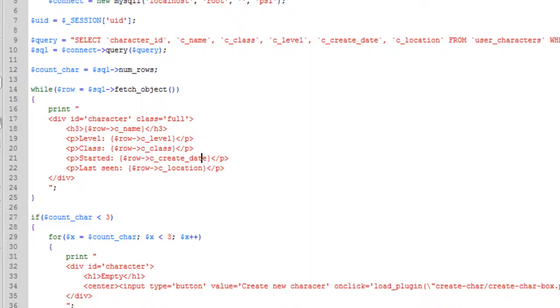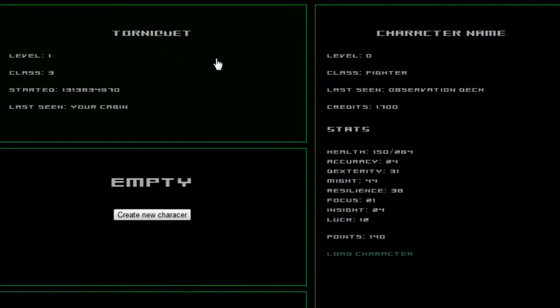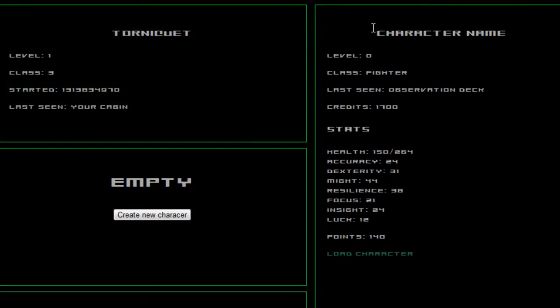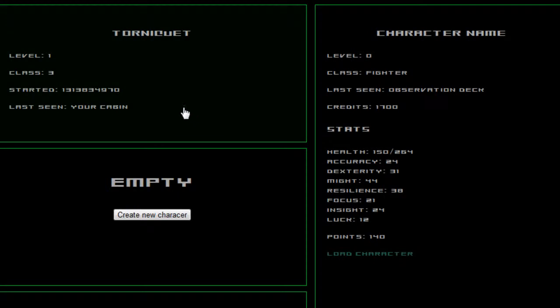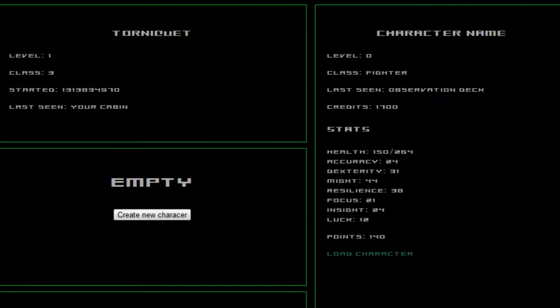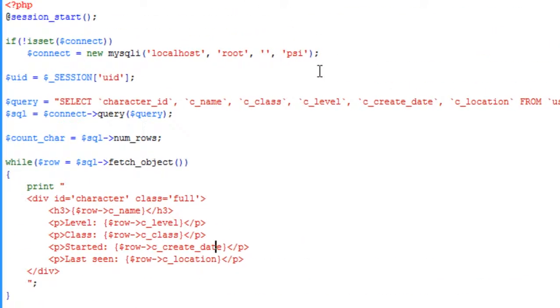Okay, so welcome to the 14th video. In this video we're going to be looking at loading player data and populating this box here, and we're just going to alter a couple of things that's displayed in this box here. So if we come over to our load player data.php page,